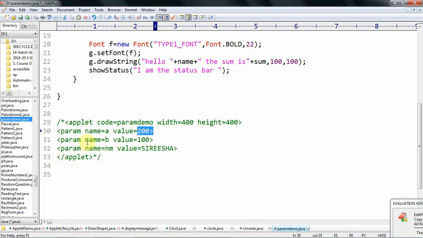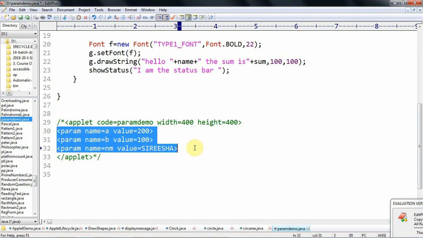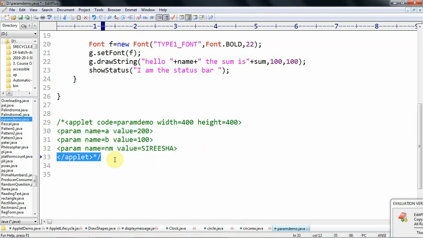Similarly, the second parameter name is b with value 100, and another parameter name is nm with value Shirisha. Like this we give the parameters in the applet. Then we end the applet tag.